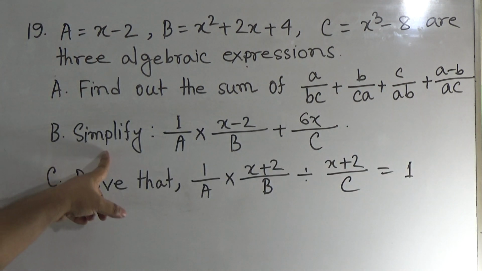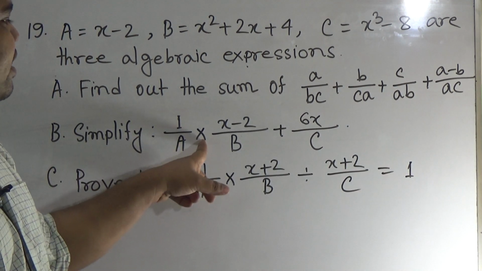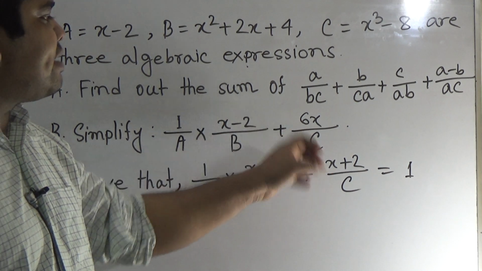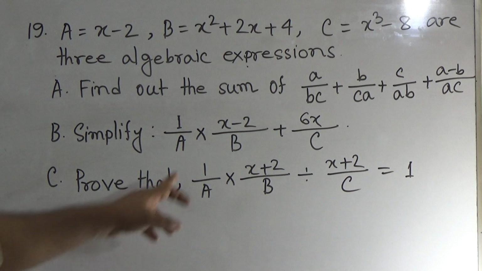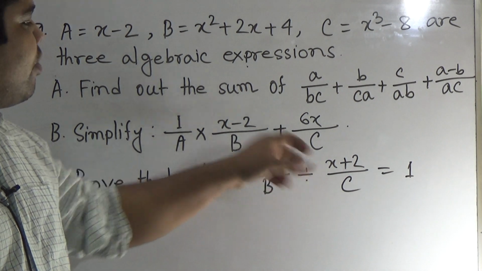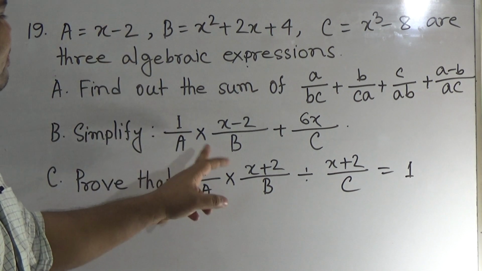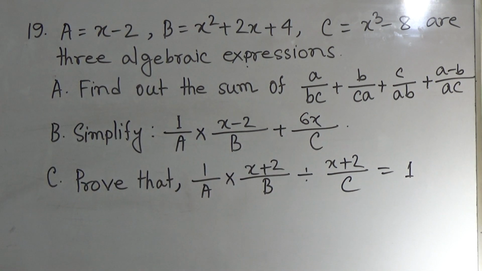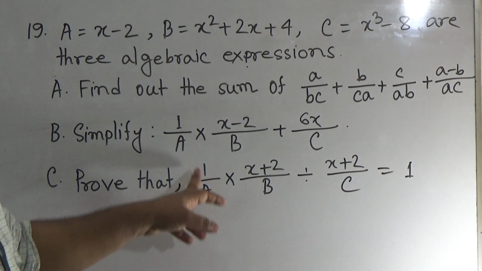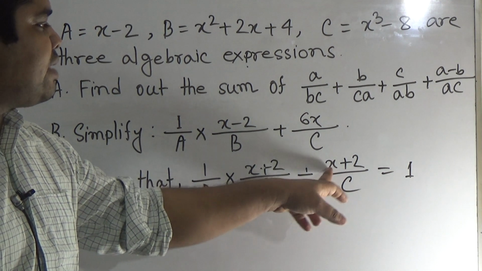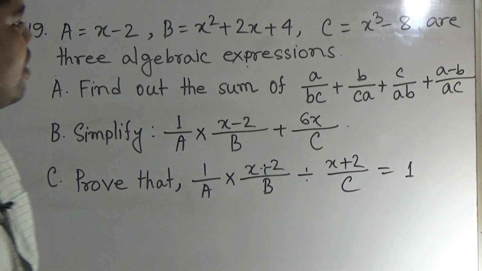Question number b: simplify 1 by a multiplied by x minus 2 divided by b plus 6x divided by c. Here a, b, c are present, whose values are given in the stem. For this reason, by using these values we solve this expression and finally we get the answer. Question number c: prove that 1 by a multiplied by x plus 2 divided by b divided by x plus 2 divided by c